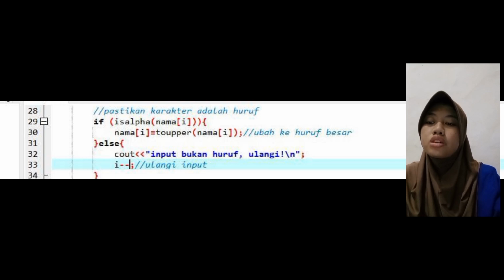If true, this function will return true, and the curly brackets open a block of code that will be executed if the condition is true. And then toupper name, the toupper function is used to change lowercase letters to uppercase letters, so the character at the i-th index of the name array will be changed to uppercase. And then the curly brackets close the